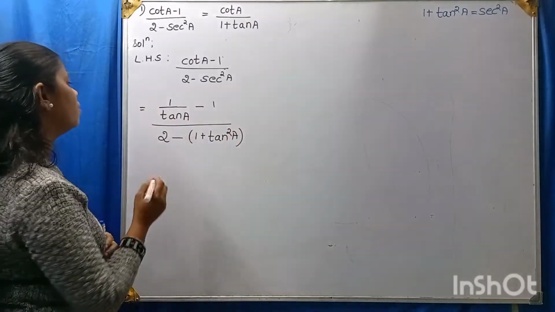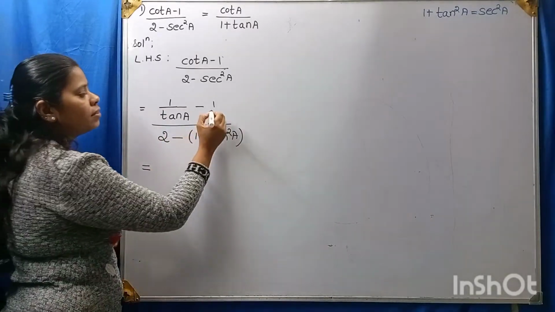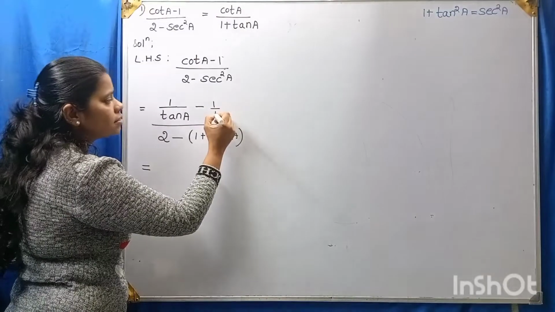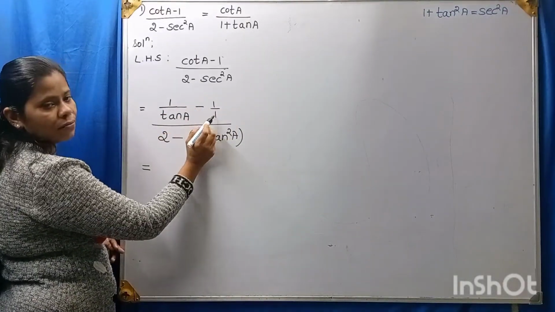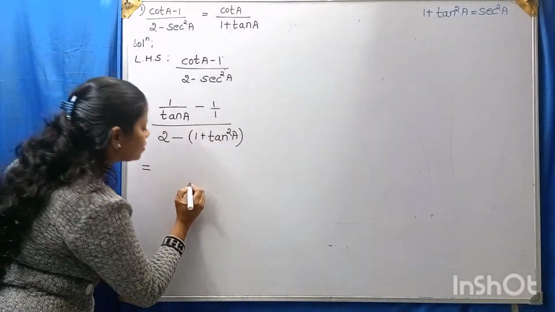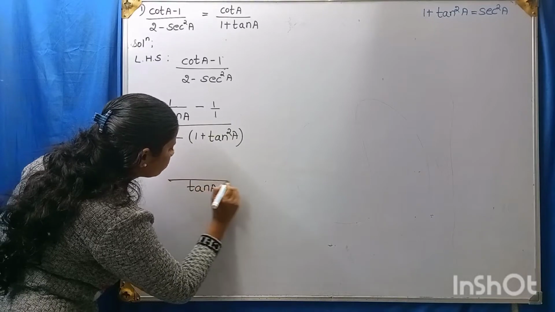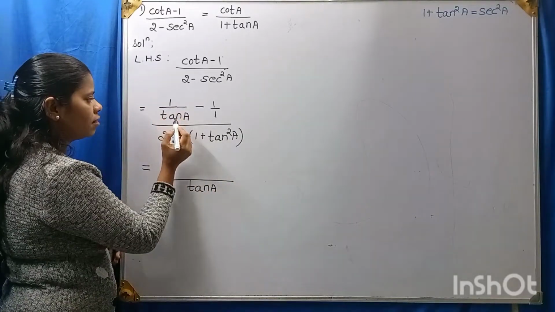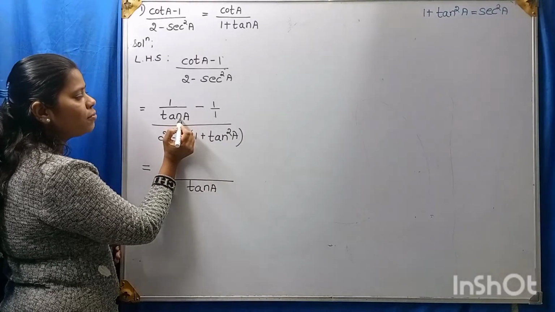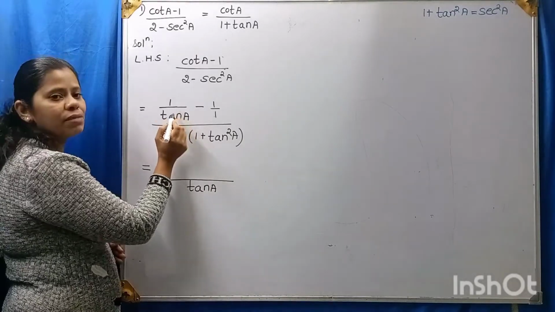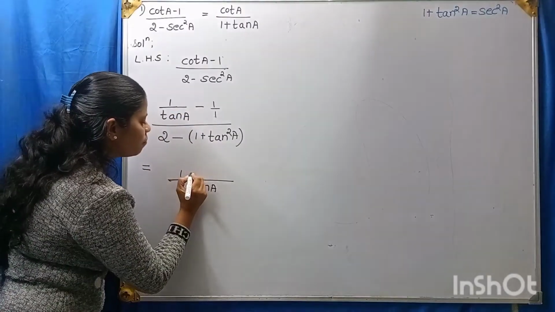Okay? Now, take the LCM. Nothing is here means we will consider it as 1. Okay? Tan A and 1. What is the LCM? Tan A is the LCM. Here, tan A is the LCM. And in the denominator we have tan A. Therefore, we will multiply it by 1. That is 1 into 1 is 1. Minus